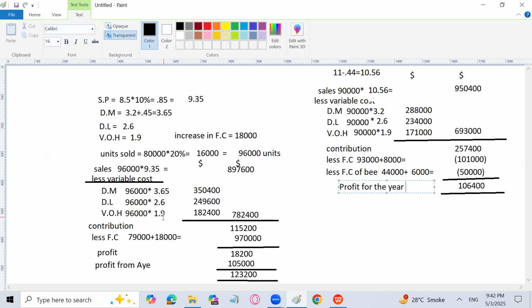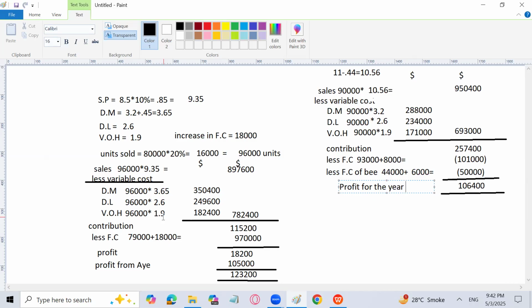Why? Because in option 1 we are producing product I also, the customer will be satisfied. Product I will continue to be produced. Product B will continue to be produced in the same manner, but we are converting the loss of product B into a profit of 18,200 rather than a loss of 15,000. But there is an increase in fixed cost, obviously, and we have increased the selling price because of the upgraded product, more customers will be attracted in the future for B, and maybe the sale of B will increase more. Because we are going for a better quality of product,